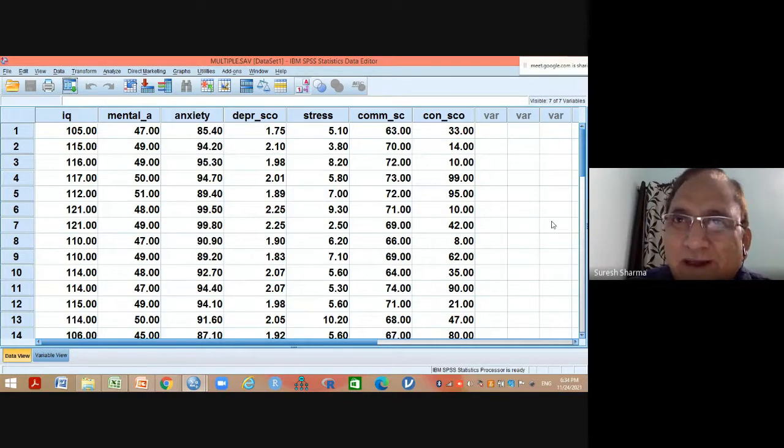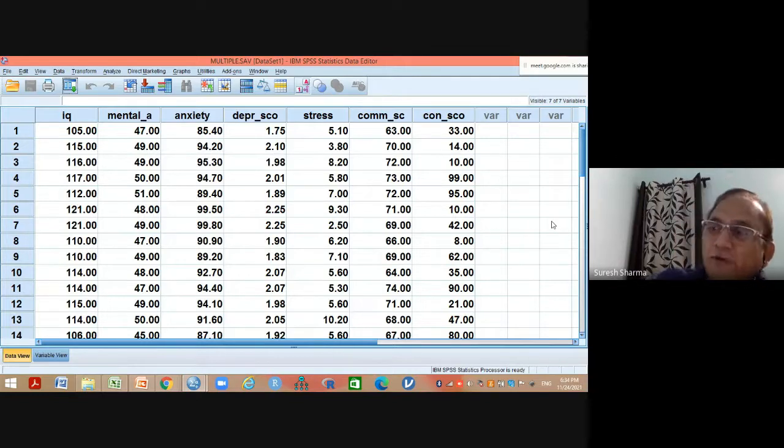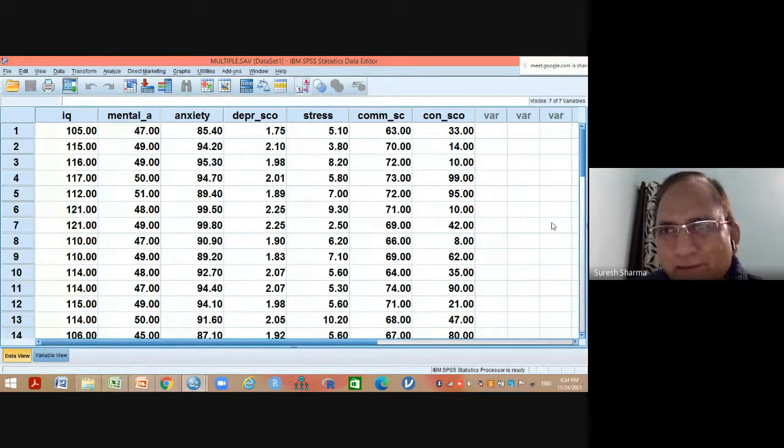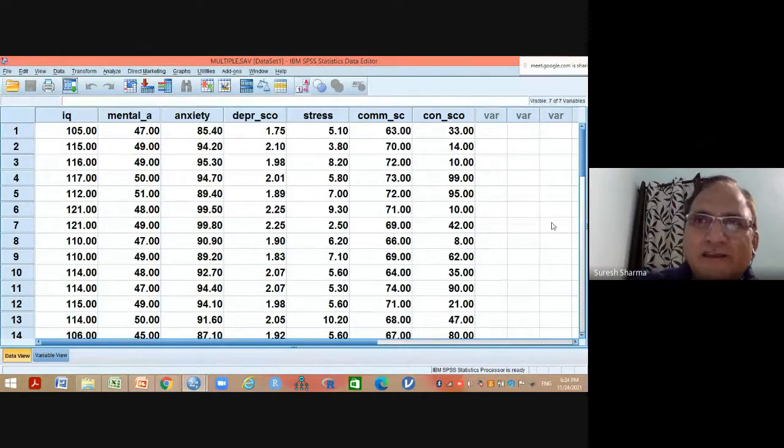Why R square has to be reported? Why adjusted R square is also required? Sometimes people only report R square and don't report adjusted R square. And then people like me, those who know the value, ask, what was the adjusted R square? And then he reports that R square was 0.9, adjusted R square was 0.6, and then the paper gets rejected, because there is a big difference between R square and adjusted R square. It should not be if your model is correct. You follow my point?